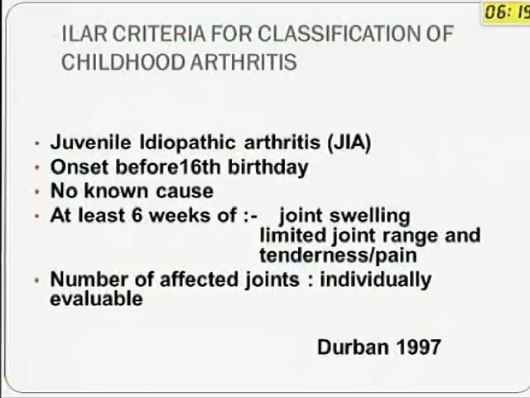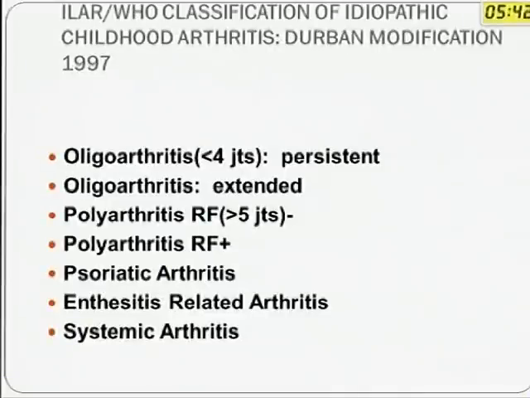So, back to the definition. What is juvenile idiopathic arthritis? Onset of arthritis before 16 years of age, and you don't know the cause. So you might have a child who presents with a swollen knee with restriction of more than 6 weeks duration, who's had it after playing some game in school and has got a cartilage injury of the knee. Now you know the cause. This is not juvenile idiopathic arthritis. That is trauma-related chronic damage to the knee. That's why the idiopathic part of it is very important in this definition.